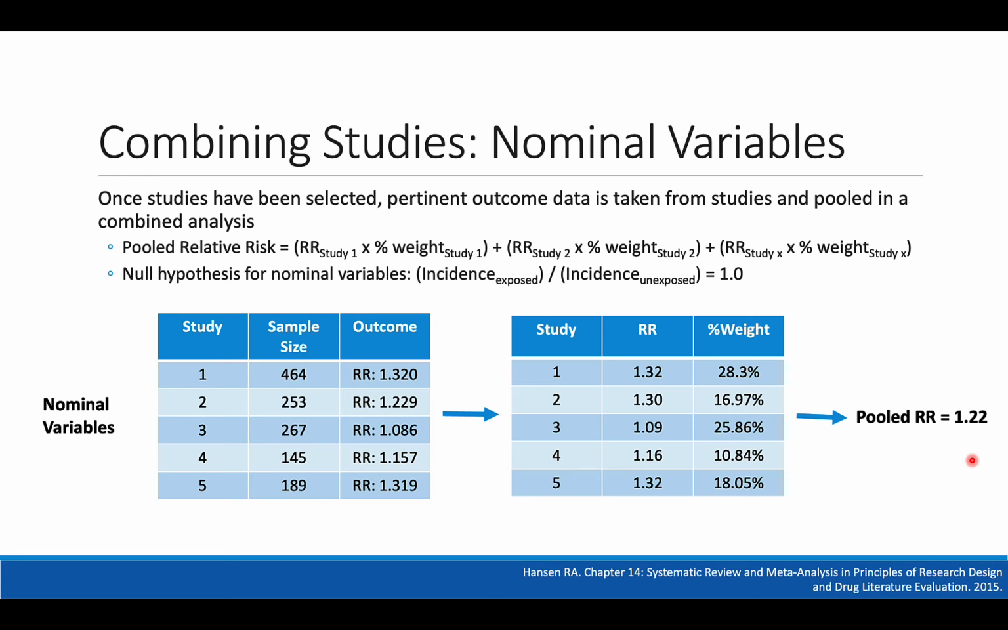You won't be asked to perform your own combined analysis for quizzes or exams. It's just important that you know how we're arriving at these conclusions. Importantly, in addition to pooling relative risk, you could also pool the confidence intervals from each individual study. So that will, in the end, lead you to a pooled confidence interval. And you can use that confidence interval along with your point estimate relative risk to assess whether that relative risk